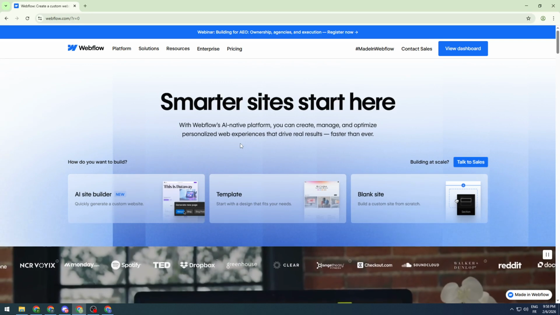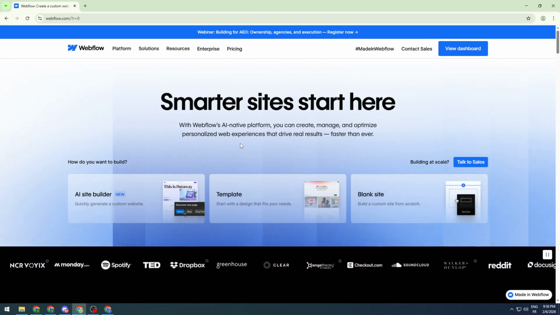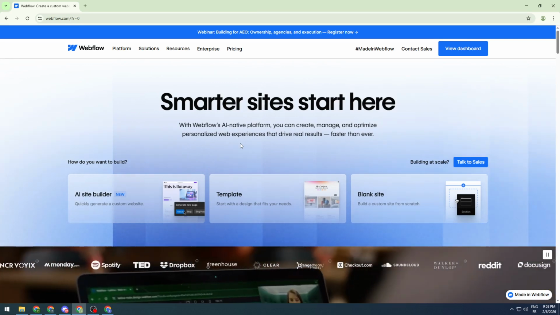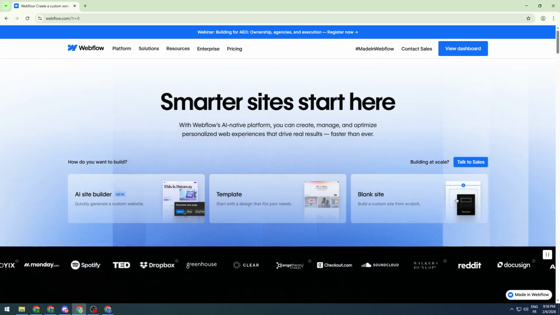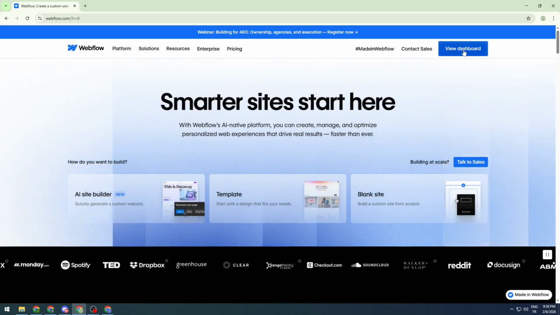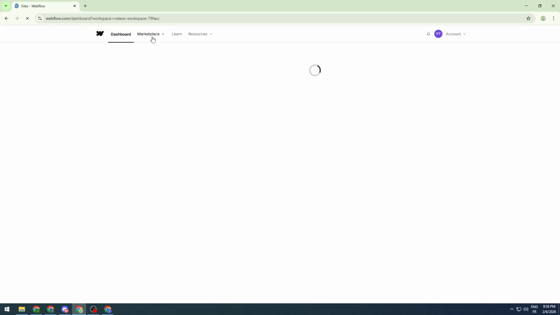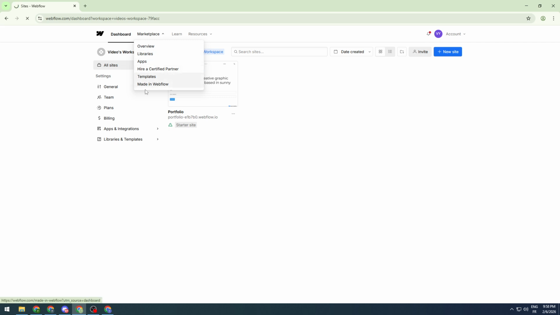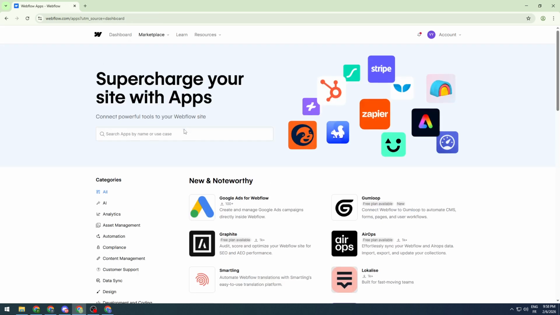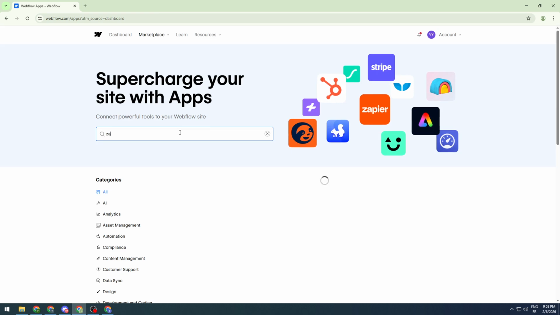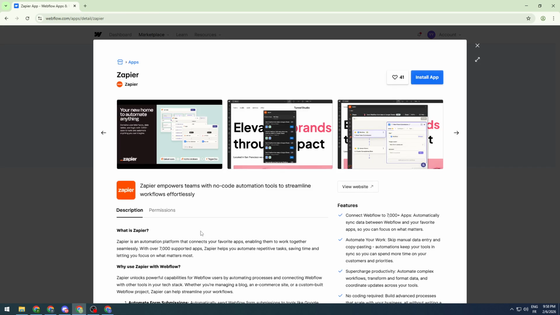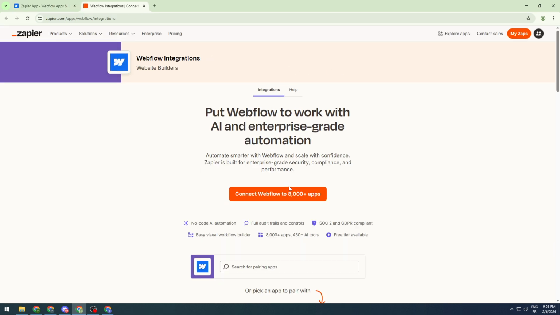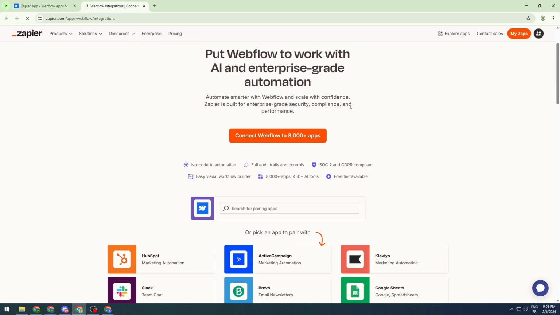In today's tutorial, guys, I'm going to show you something very interesting, which is how to send Webflow form submissions to Google Sheets. This is very simple and easy, so follow me step by step. The first thing I'm going to do is view my dashboard and search for the marketplace apps, for a specific app called Zapier. Zapier is going to be our third-party application that connects our Webflow sites and data with our Google Sheets. Click on Install Application, then choose your account and click here to connect Webflow to